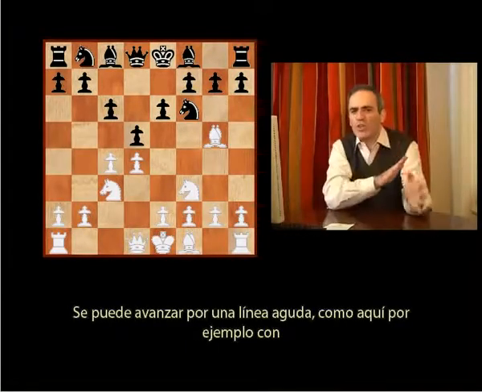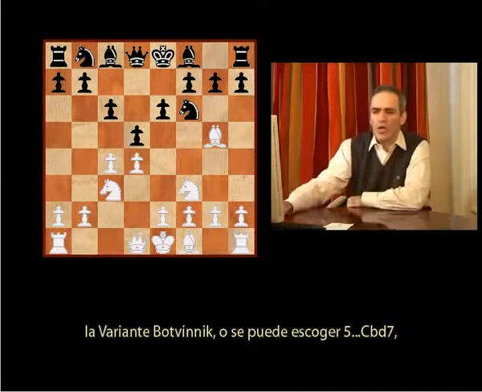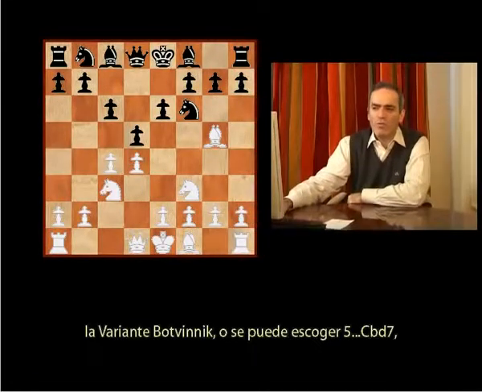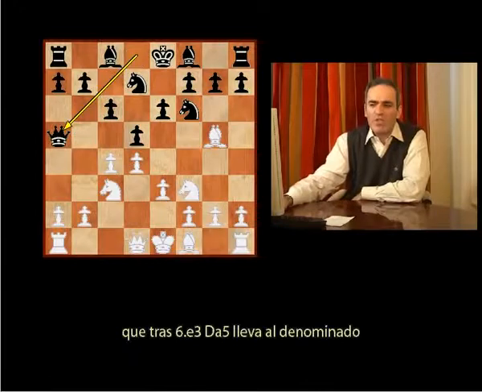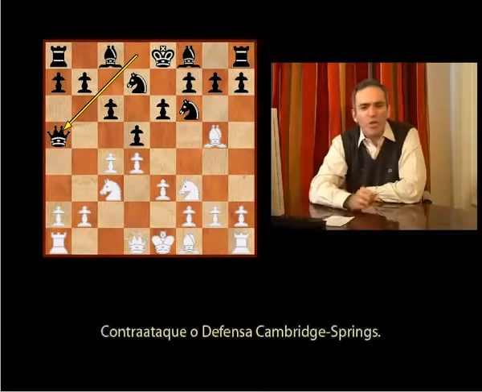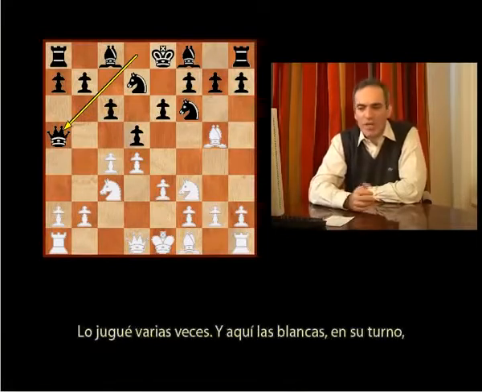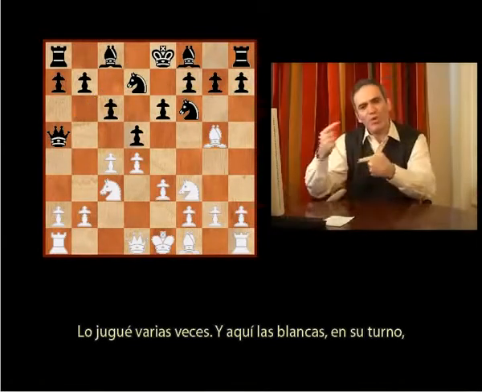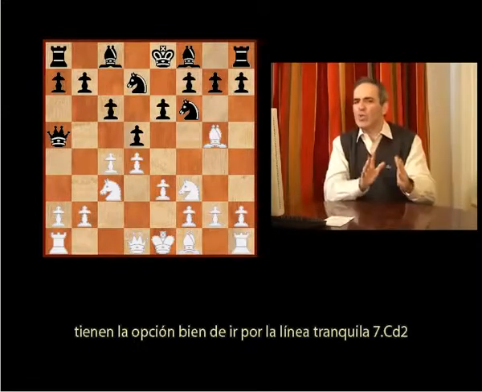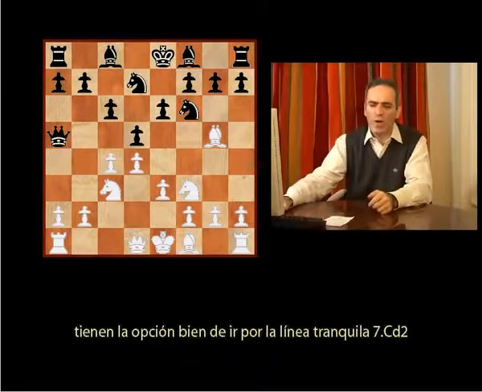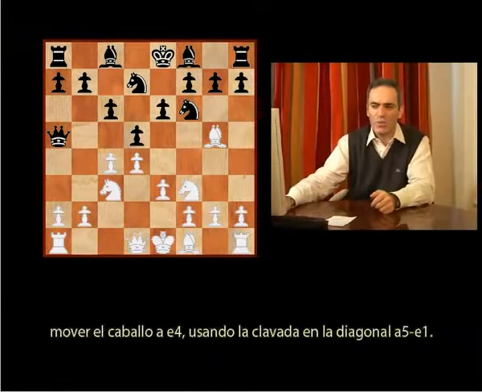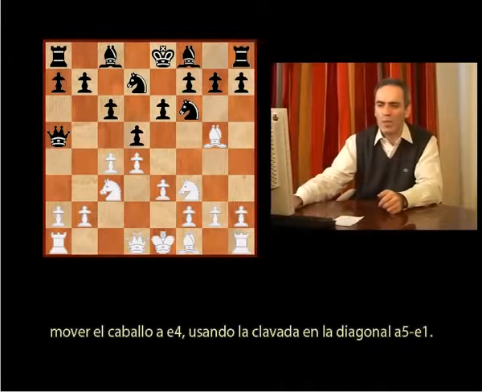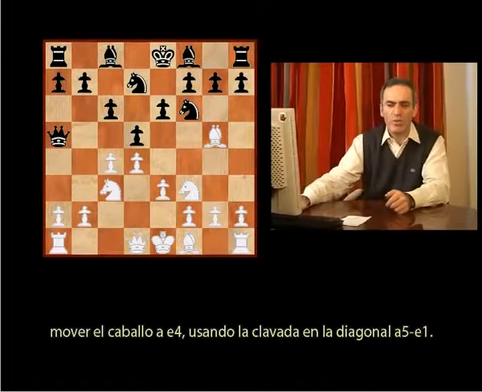But then again, what is important to remember, nearly at every crossroad in the openings, you always have a choice. You can go for a very sharp line, as here, for instance, you go to the Botvinnik line, or you can choose Knight bd7, which after e3, Queen a5 leads to the so-called Cambridge Springs defense or counterattack. I played it several times, and here White, in its turn, has a choice of either going for a quiet line, Knight d2, protecting the e4 square, because Black's idea is to